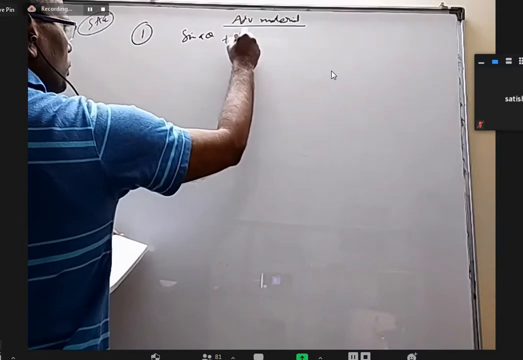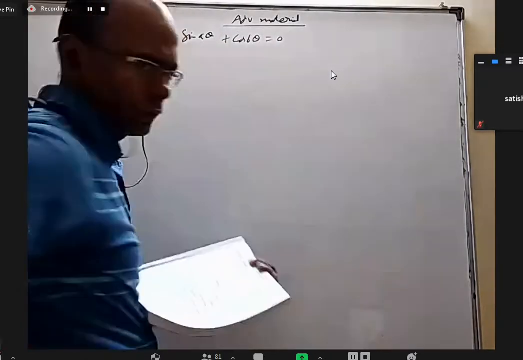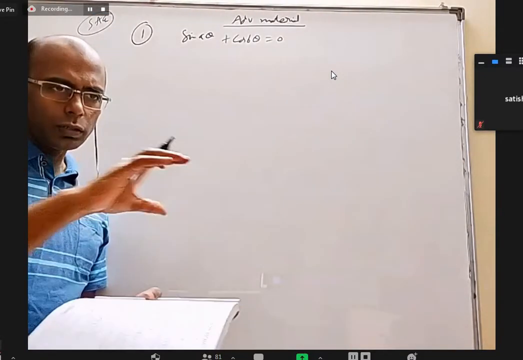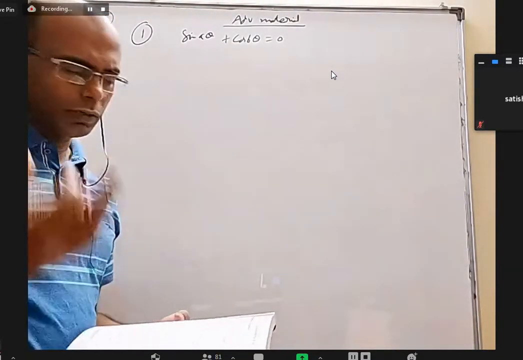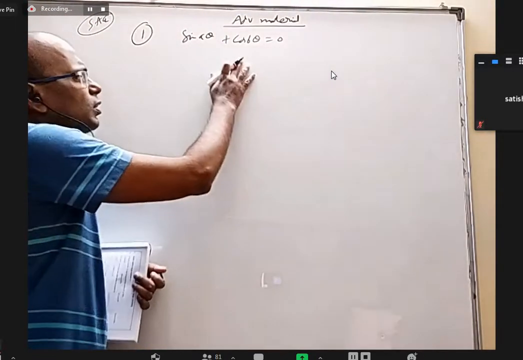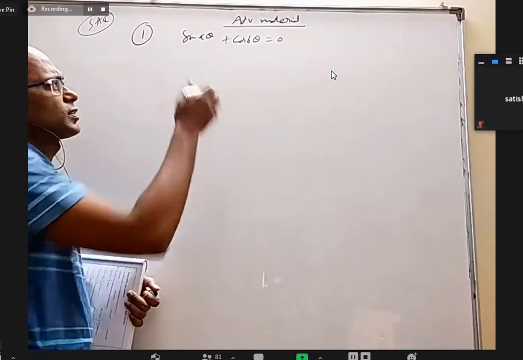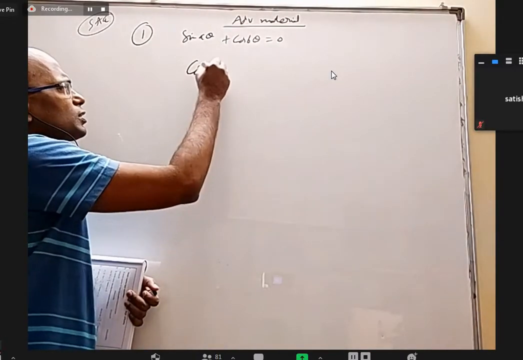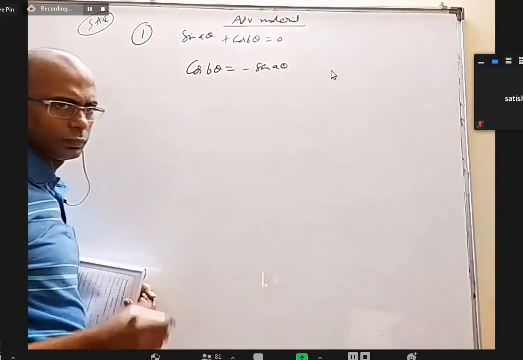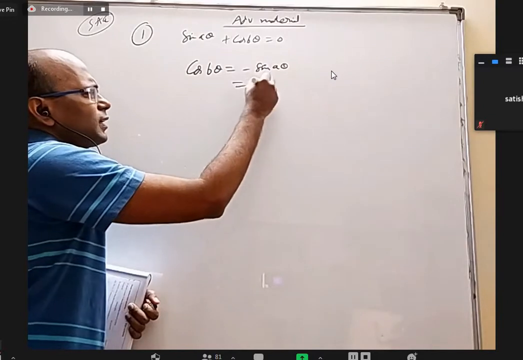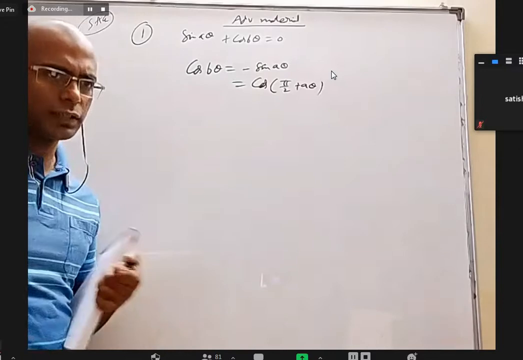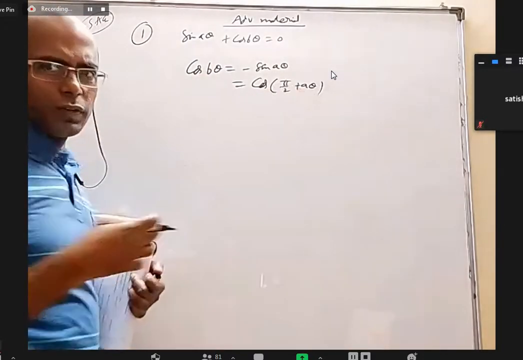Sin A theta plus cos B theta equal to 0. This will have a lot of solutions. When you write the general solution, all those numbers may be in AP or GP or 2 APs or something like that. We'll see why. If both are cos or both are sin, it's easier. One is cos, one is sin, also not an issue. Cos B theta equal to minus sin A theta. And minus sin A theta, I can write as cos 90 plus A theta. Cos 90 plus theta is minus sin theta. And cos theta equal to cos alpha is easier.